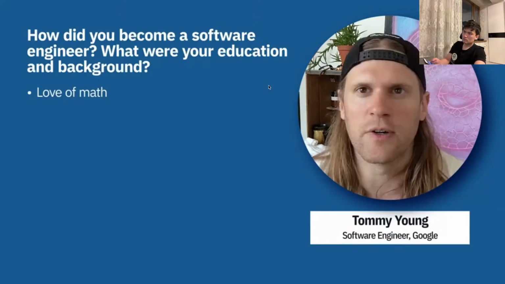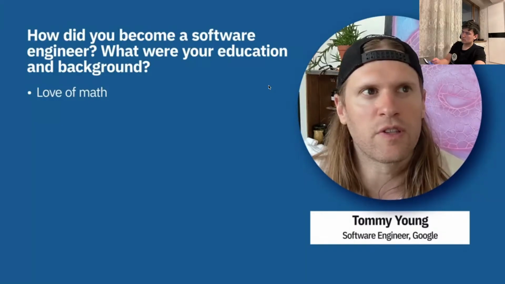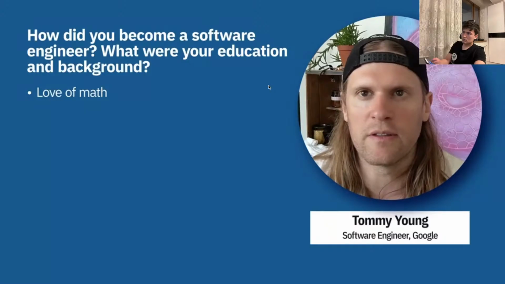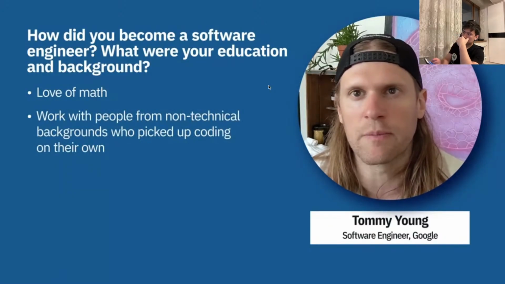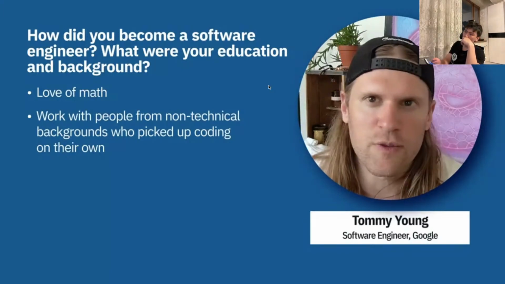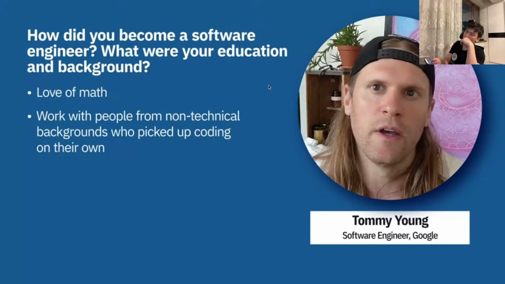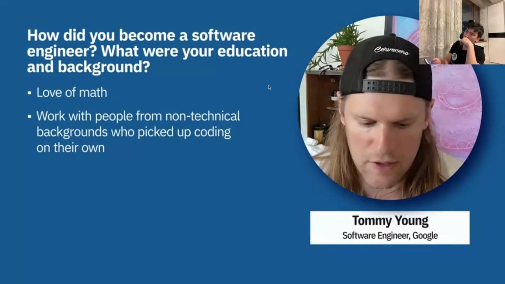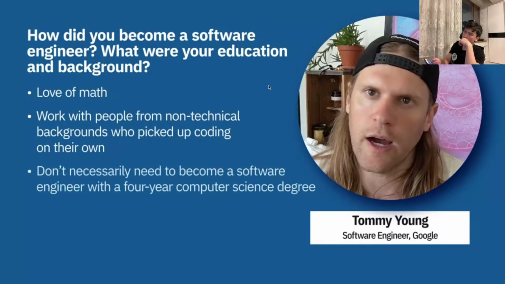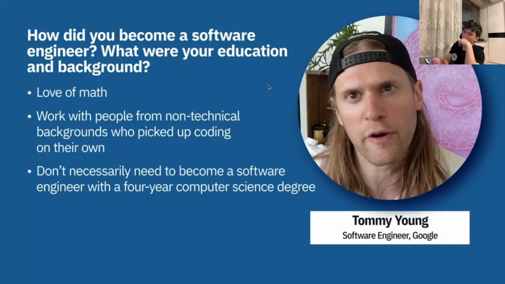So I think some of the most successful engineers that worked for me or I've worked with come from backgrounds, not even like mine either, people with non-technical backgrounds who picked up coding on the side. There's so many folks who come from English majors or philosophy majors or bio, whatever it is. Because I think you can learn all these skills and become a really strong engineer without having gone to a four-year college or more for computer science specifically or another engineering role.